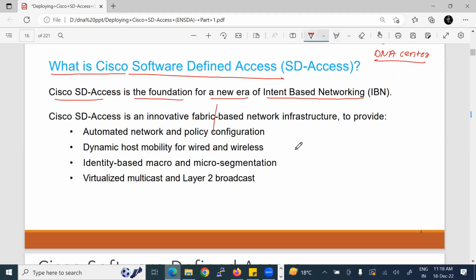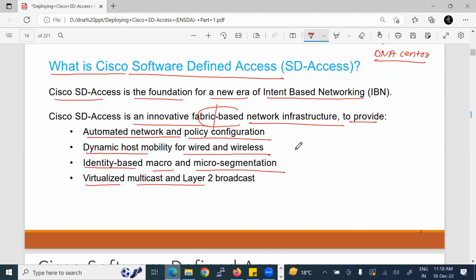Cisco SD-Access is an innovative fabric-based network infrastructure to provide automated network and policy configuration, dynamic host mobility for wired and wireless, identity-based macro and micro segmentation, virtualized multicast, and layer 2 broadcast. We'll talk about each and every